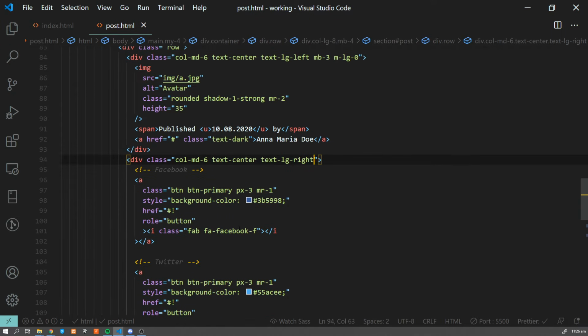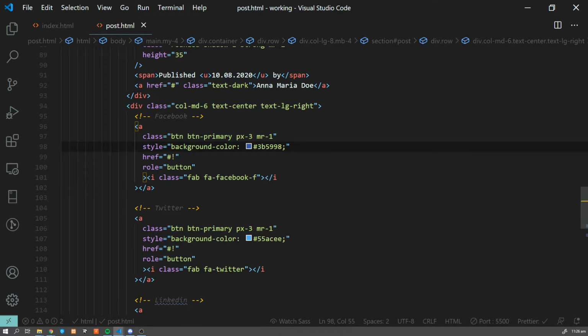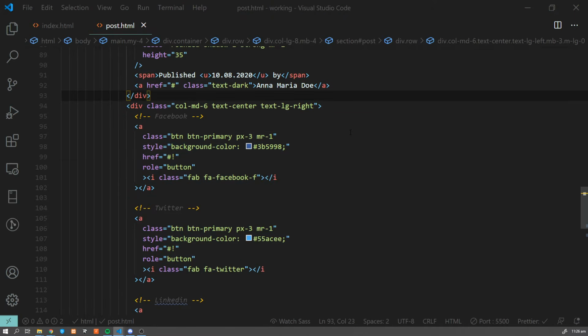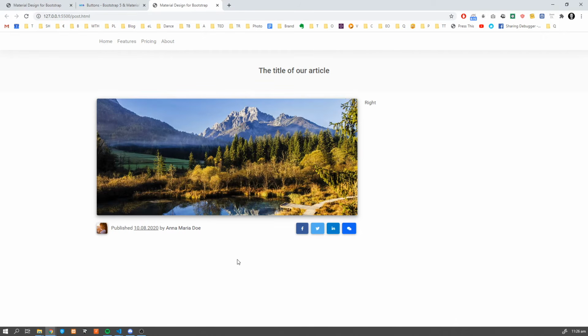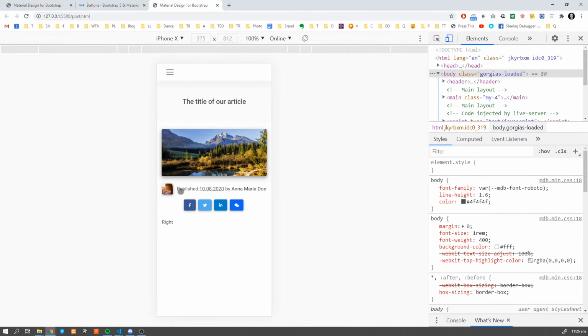And by the way, what is worth noticing is that you can change your icon color by setting up this color over here. Okay, let's see if we fixed our issue. So now it looks as it's supposed to on a large screen. So like here we have to the left, to the right, and on the mobile device everything is centered